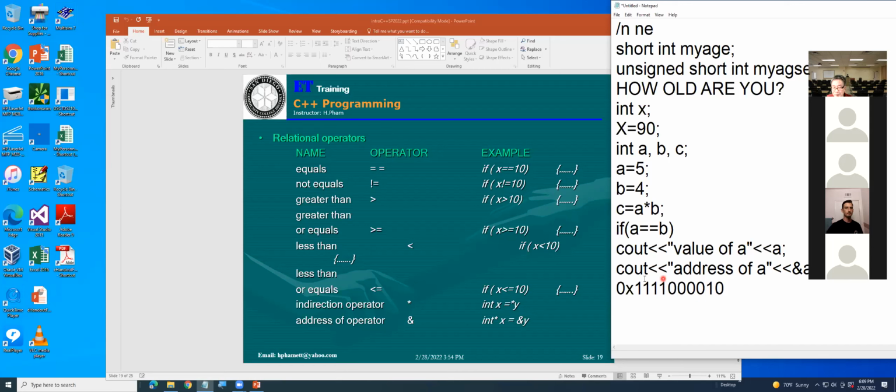Okay, it gives you the real location inside the computer. If you want to see the real location inside your computer, you can display ampersand variable.